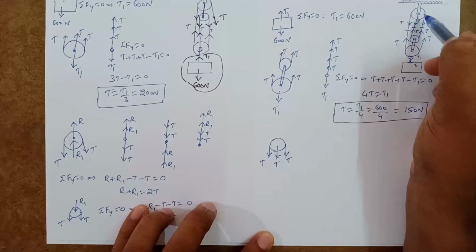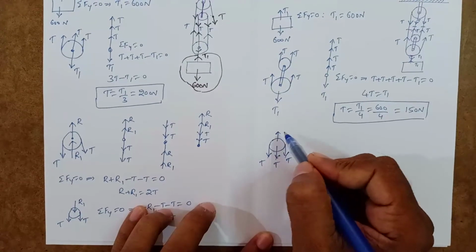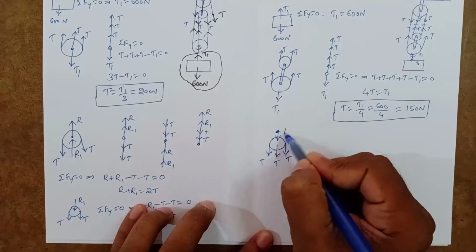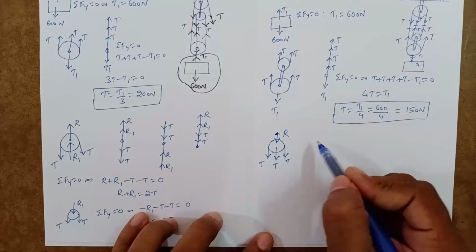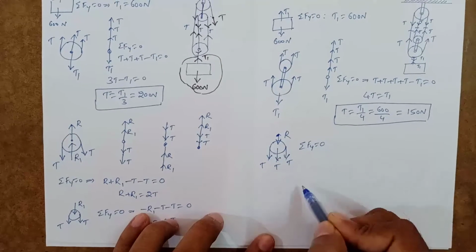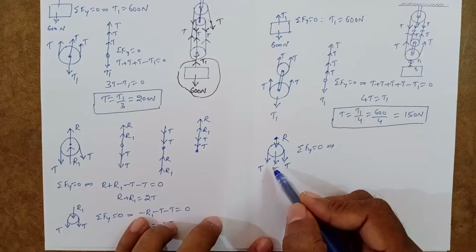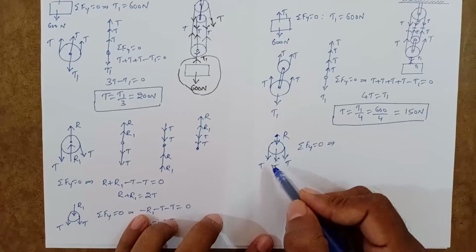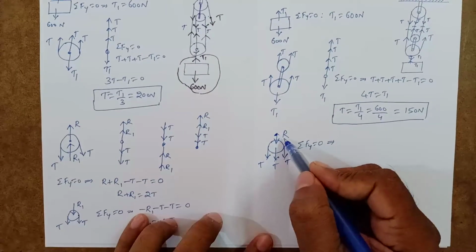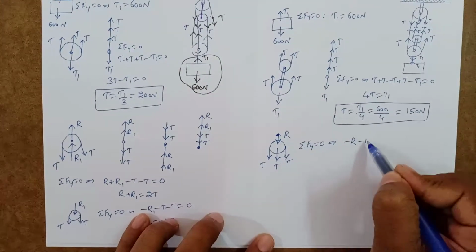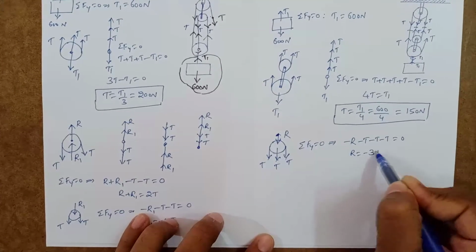Now this pulley is in contact with this support, so remove the support and show the reaction. You may assume upward or downward. Let me assume it as some R downward. Now it is at rest, so I can write sigma Fy equal to 0. I am assuming that all are in vertical direction because no angles are given, and it is like a point object. I am writing directly now. So R is acting downward, so it is minus R, and it is minus T, minus T, minus T equal to 0. So R is equal to minus 3T.